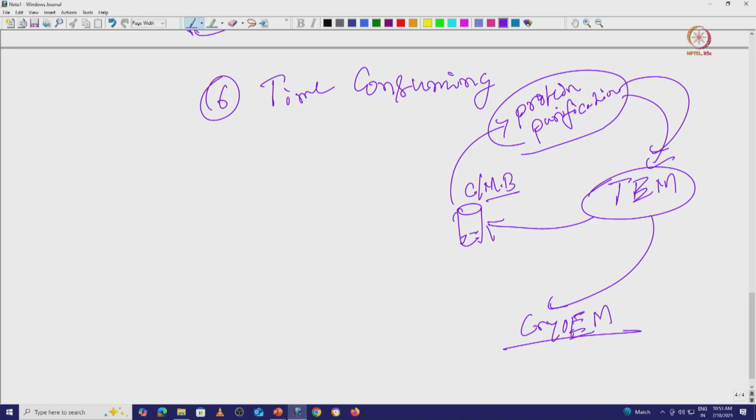So a lot of the time you have to optimize the sample preparation at this particular stage. I have a protein sample that looks good, but there is a problem in our grid preparation or sample preparation or glow discharge. At that time you have to play around a lot here to optimize the sample. If everything is coming perfect, then you can go for structural calculation. That is the reason this is called a very time consuming process. It is not very straightforward.